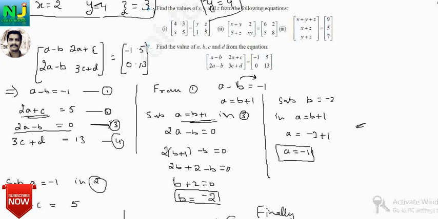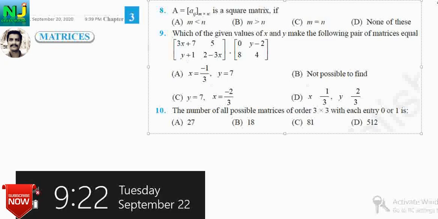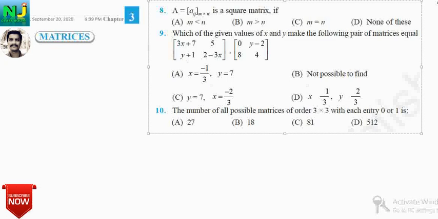So dear students, I hope it's a very easy problem. So now we go to the multiple choice question part of the exercise. Remember, if you are going for IIT or CET, KSET like that, you have to know the multiple choice questions. In each and every exercise of the chapter, there are several multiple choice questions given. So remember, we are at 8, 9, 10. There are 3 multiple choice questions given. In the 3 multiple choice questions, first coming to the first one.